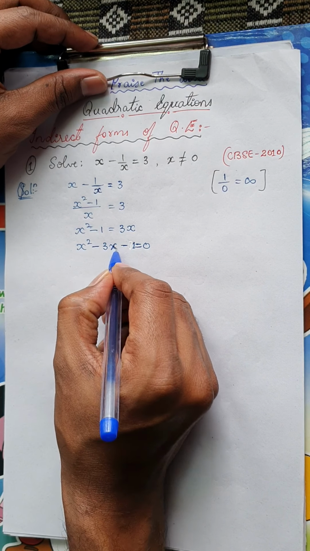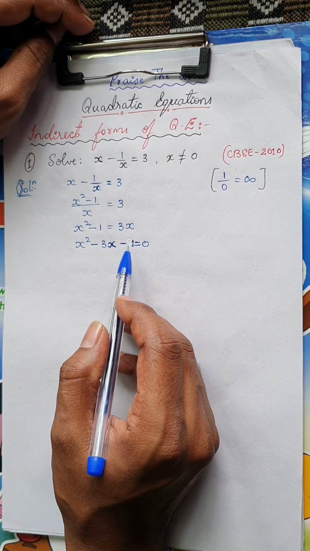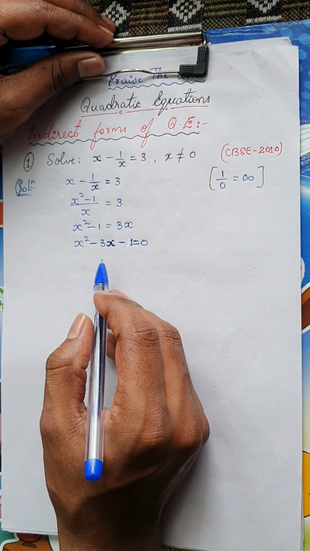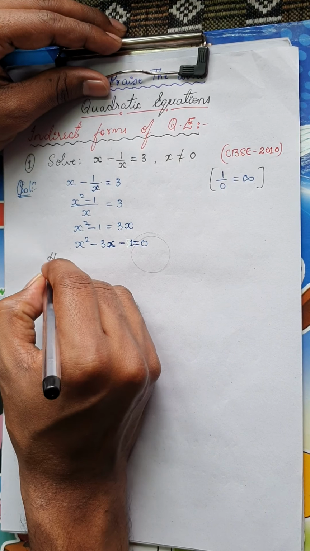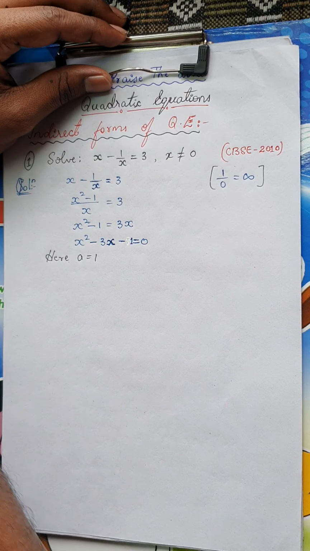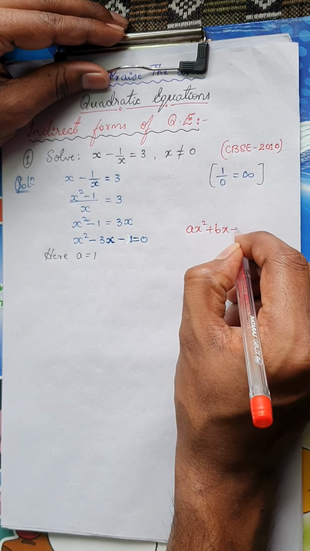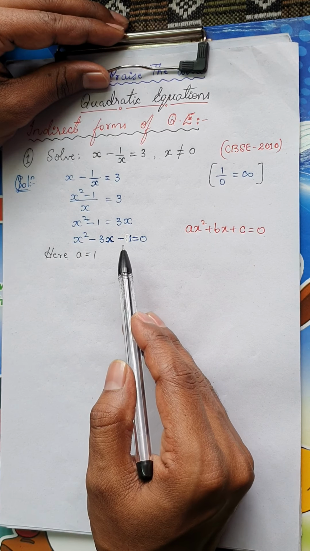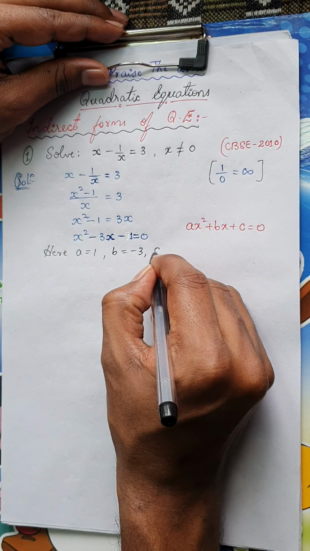Now once you get into the standard form, you can solve it in any of the three methods which you want. Now if it can be factorized, it is always better to factorize and find the solution, and this question cannot be factorized. So I am going to solve it by formula method. You remember the standard quadratic equation is ax square plus bx plus c is equal to 0. So compare the given equation to standard form. I am going to get a is equal to 1, b is equal to minus 3 and c is equal to minus 1.